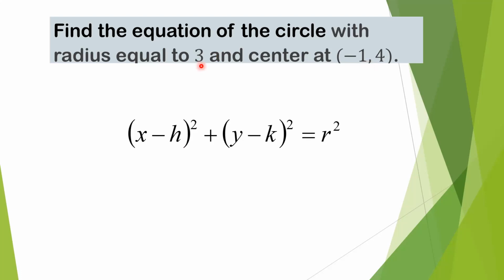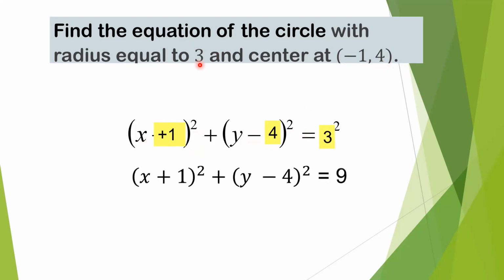Eh sila yung lead characters natin sa circle. So lagay natin si negative 1. So x minus negative 1 becomes x plus 1. Tapos si 4, lagay natin dito. It becomes y minus 4. Okay? Tapos yung r natin is equal to 3. So ayun na siya. Simplifying further, we have x plus 1 quantity squared plus y minus 4 quantity squared equals